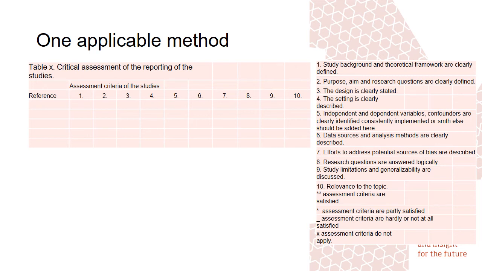The benefit of this list is that you can put this as an enclosure or even inside an article, and then the reviewers can themselves compare the quality of different studies. But what the con and the